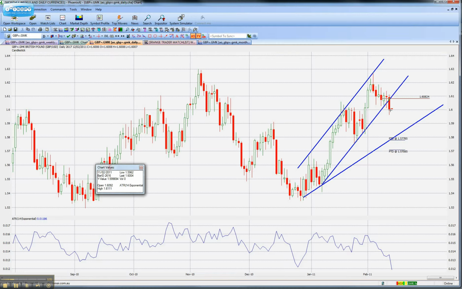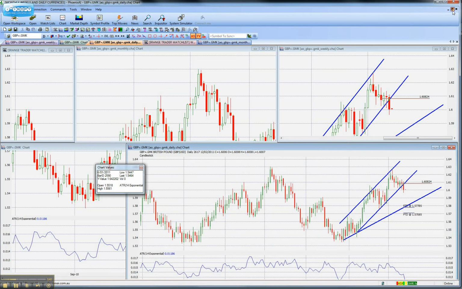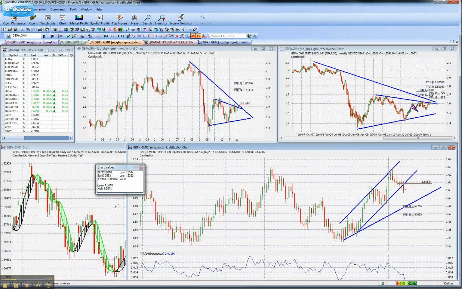Now this still gives us an estimate of roughly about 200 points from where it is now. Your average true range is 118, so it's kind of like a 2-to-1 ratio. But I would just consider this to retrace itself a little bit,